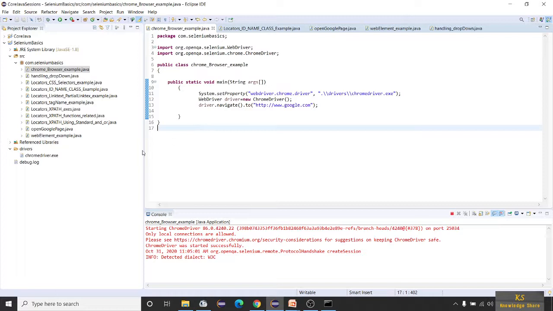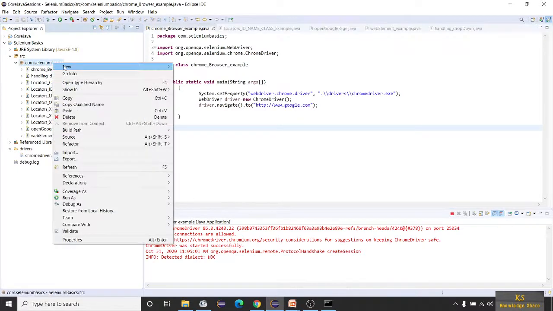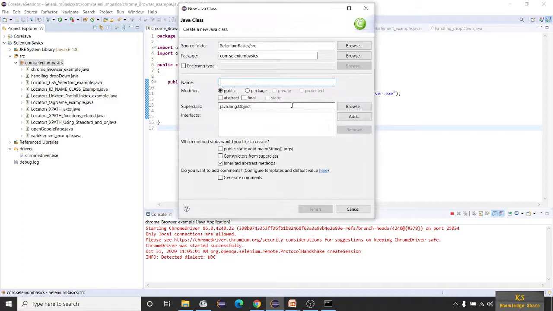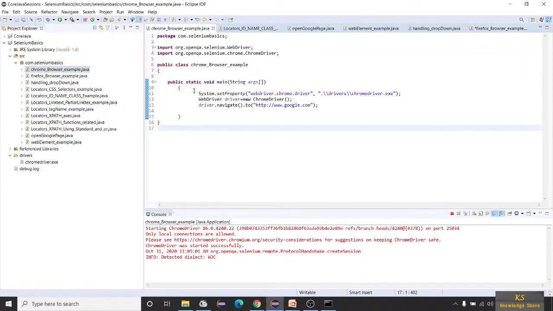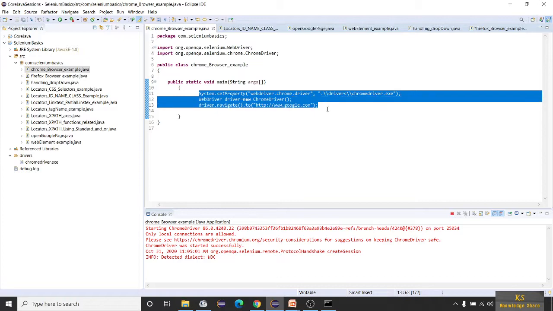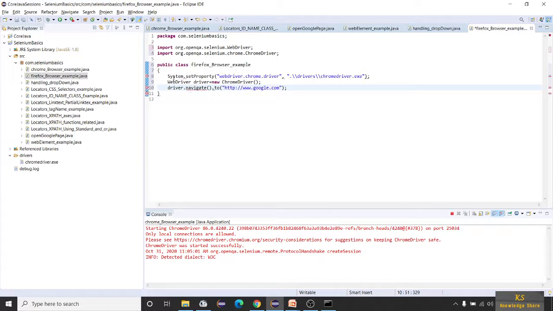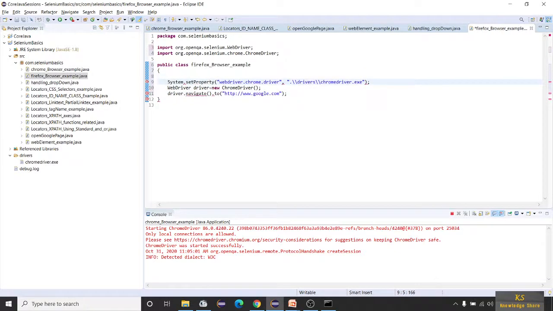Now let's see an example of how to execute in the Firefox browser. Again, create a class, Firefox browser example. Let's use the same code, we just have to make small changes. public static void main.